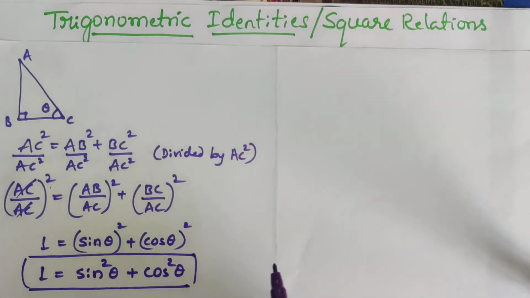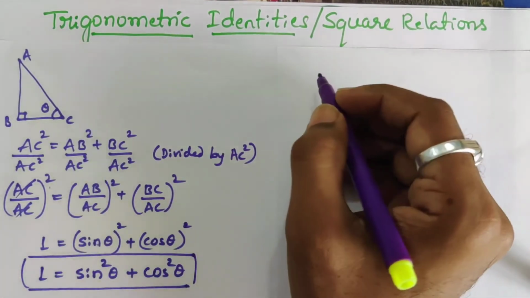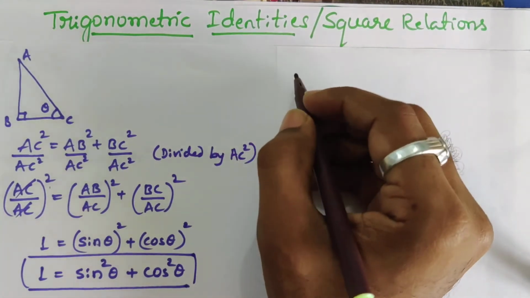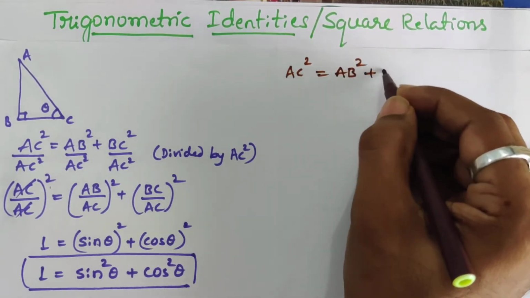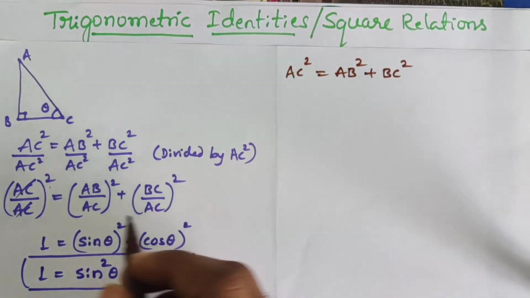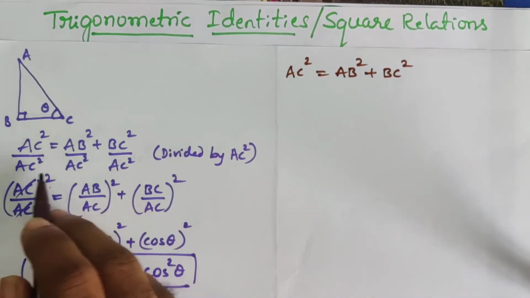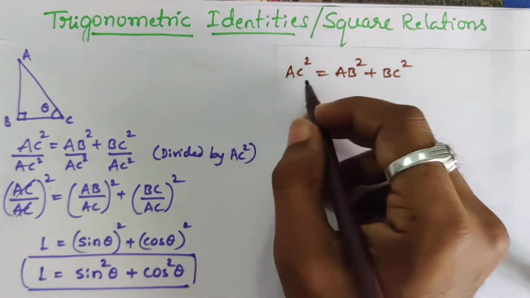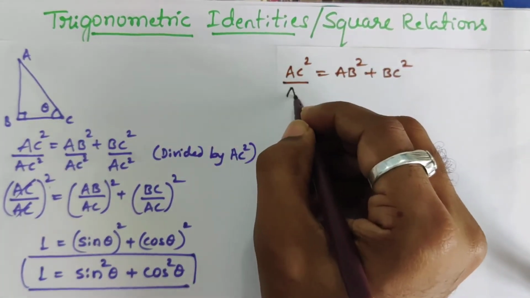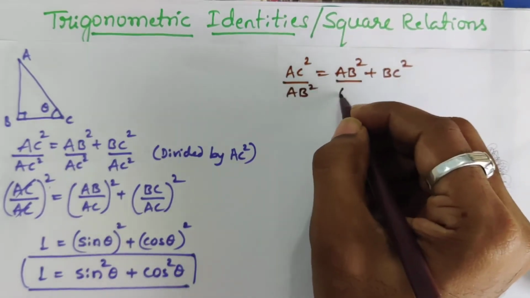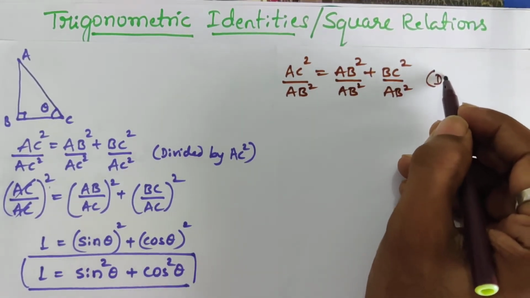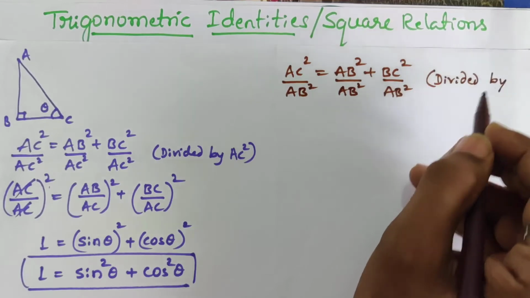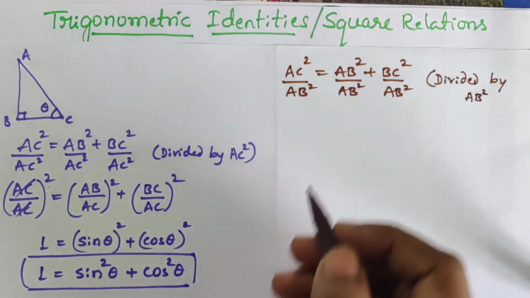Same way, we have two more identities, we can prove them. I will use the same identity, that is AC square equal to AB square plus BC square. In this we divided both sides by AC square. Suppose if I divide both sides by AB square, what may we get? Let us see. If we divide both sides by AB square,